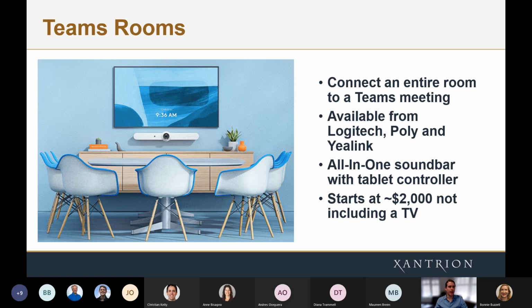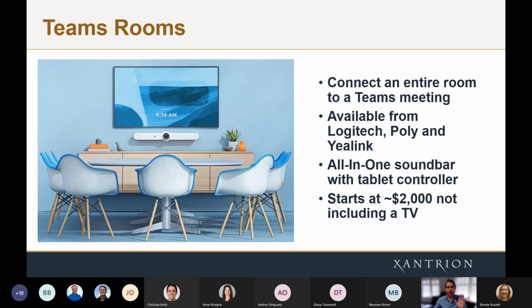This also comes with an iPad-like tablet to let you run the show. So you can start the meeting, stop the meeting, do some camera controls, mute the whole thing if you wanted to. It gives you a lot of ability to have everything at your fingertips at the conference table while you're in the meeting, to make it nice and clean and convenient for everybody. You can also book these rooms in your Outlook calendar, just like any other conference room or resource calendar that you already have today.